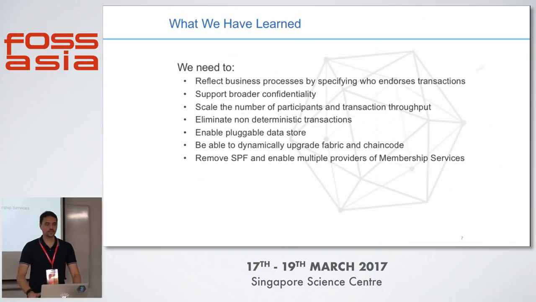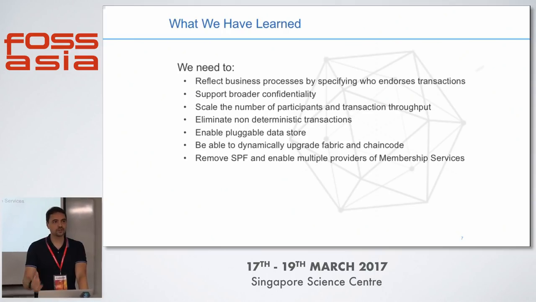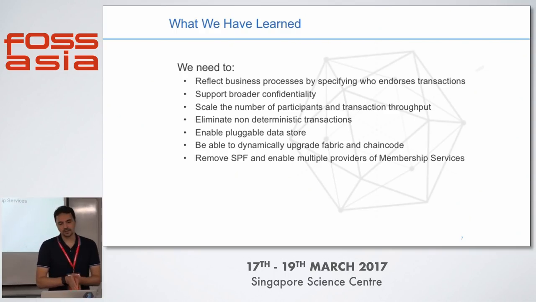Reflect how the business is working in terms of transaction endorsement policies, and make sure that the transaction goes only to the parties that are supposed to know that this transaction is happening and the details of it. Scaling is another problem. Right now it was limited because of the way the consensus algorithm was implemented. Eliminate non-deterministic transactions where the world state